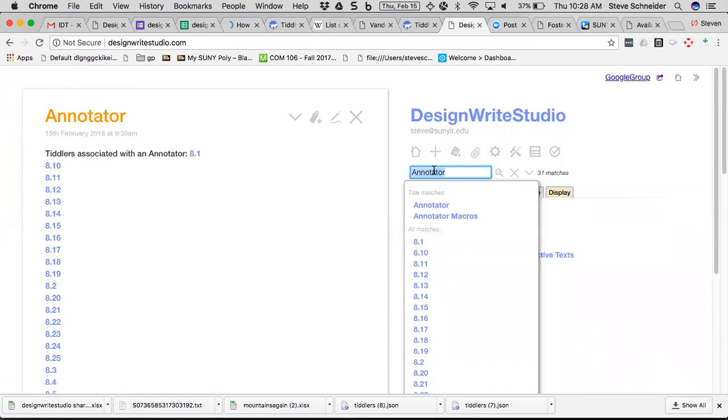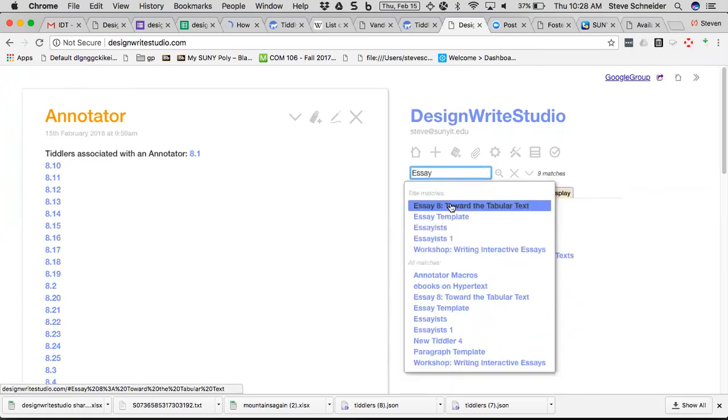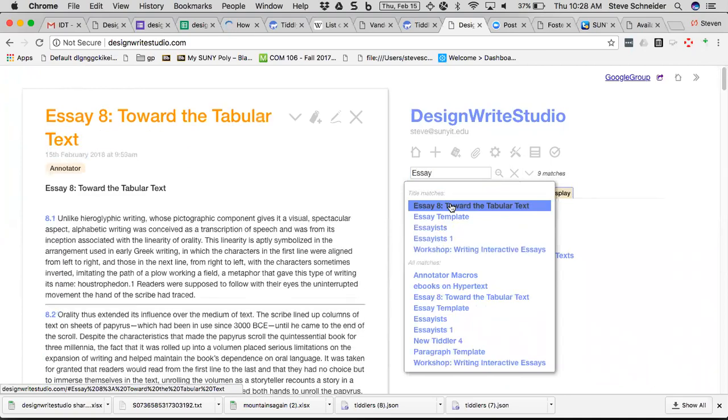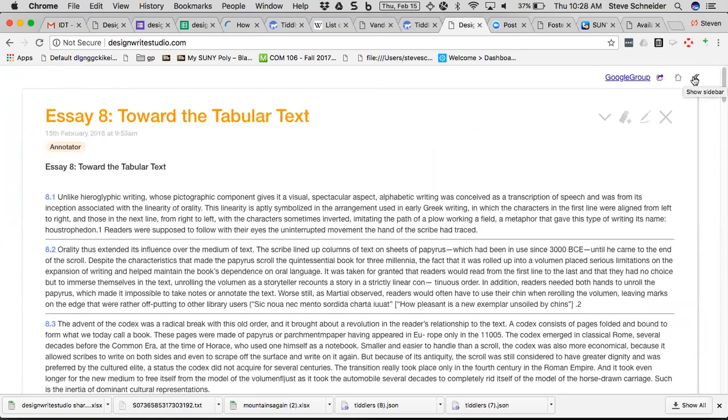Okay, so what I've done: the textbook I used the last time I taught this class, I decided not to use it this time, but I'm going to pull out a few essays from that textbook. It's a set of 40 essays about hypertext, and this is the first one I want you to read. I'm going to show you how to get it into your own space and work on it and annotate it. This is essay 8 from the Van den Dorp book that I'll give you the site to at some point,